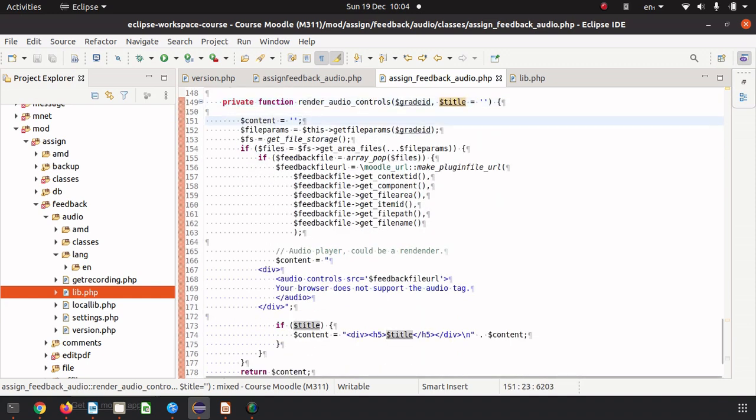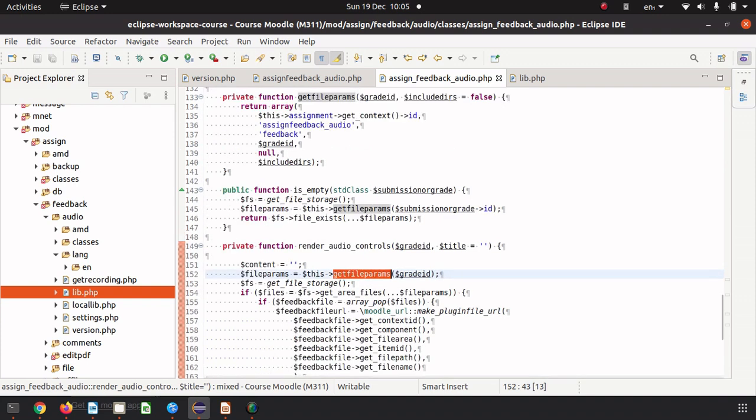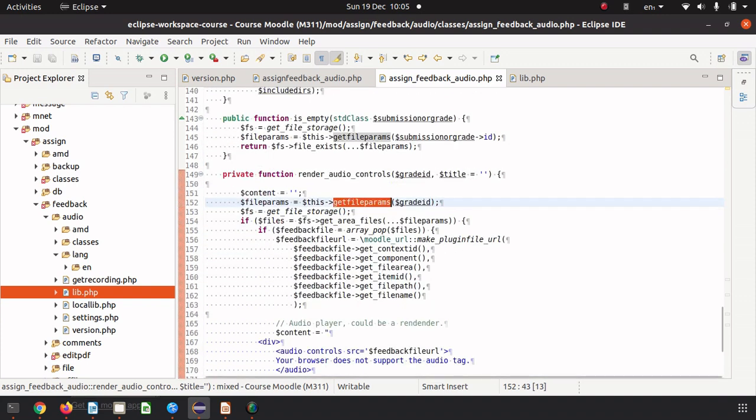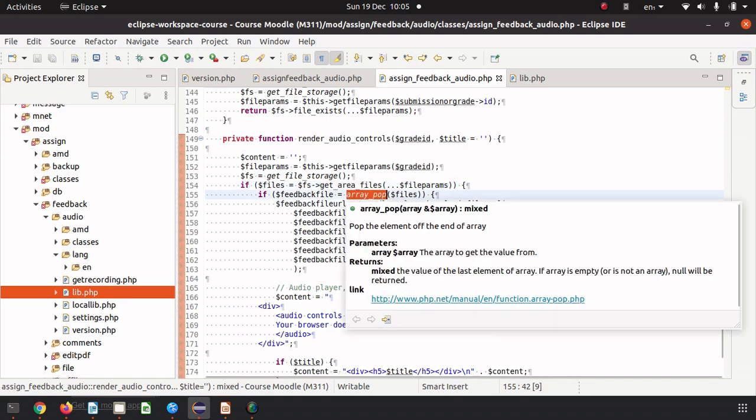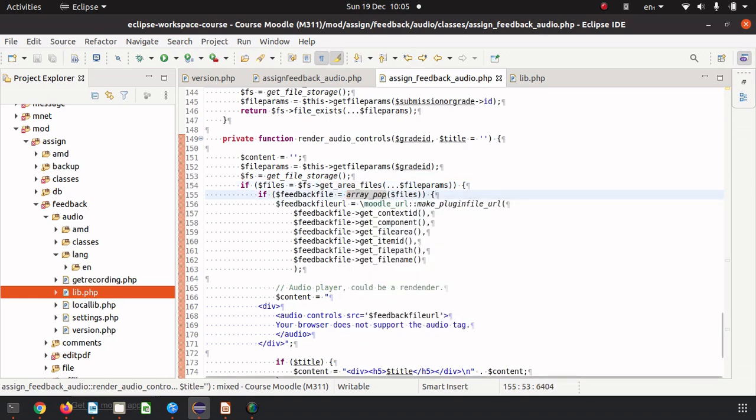So we've got content, we set that to an empty string. We get our file params. Again, we're calling our little function that gets us the params that we need to get the file. So we get the file storage, we get all the area files again. We only expect one, so we pop the value off the array,